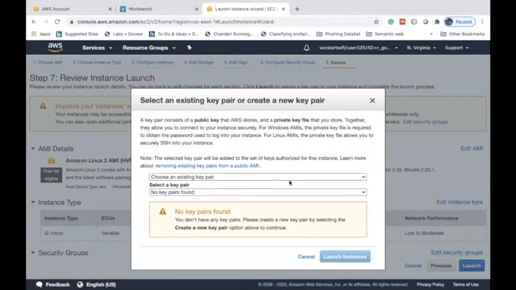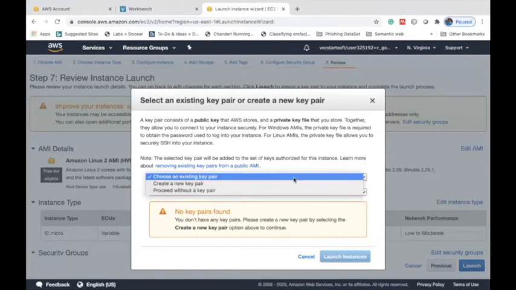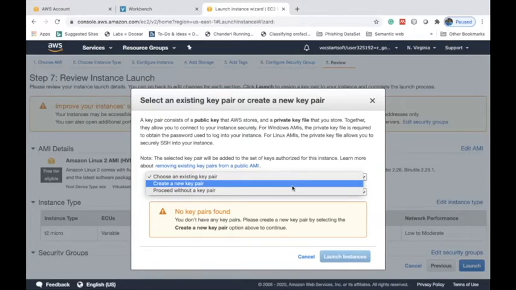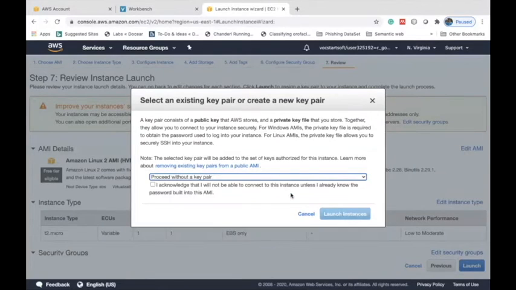For launching the instance, it is asking you to create a key pair. There are three options. You can go with an existing key pair, or create a new key pair, or proceed without a key pair.